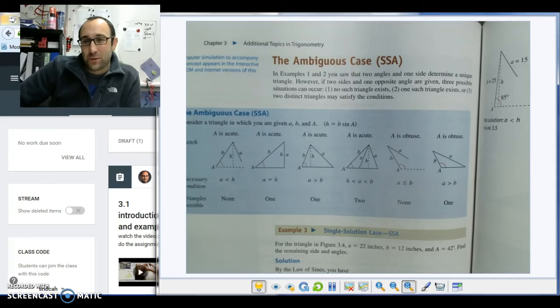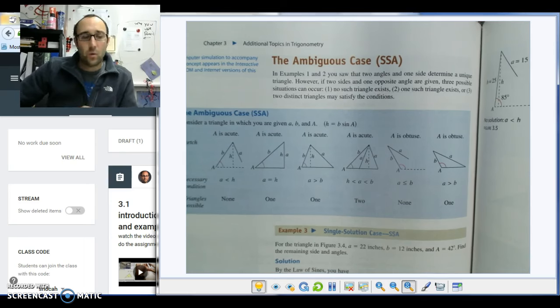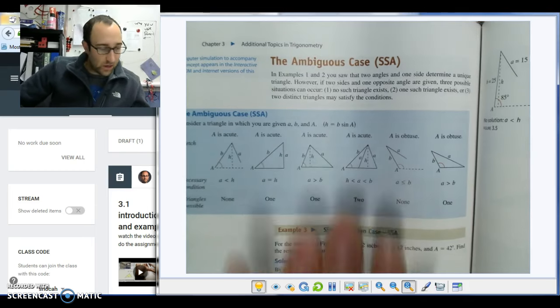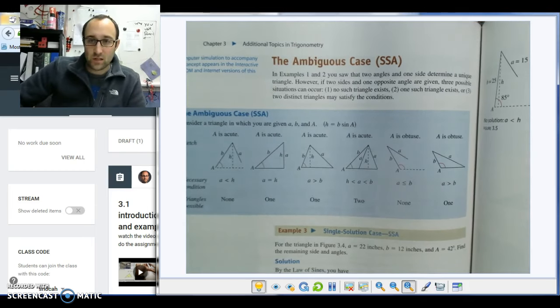Alright everyone, welcome to 3.1, which is the ambiguous case for the law of sines. Now we talked about the law of sines already in the previous video, so now let's talk about what happens if you have the side-side-angle possibility, which means you have two sides and one angle. What happens? So in your book, on page 264, there is this nice blue reference thing, and we've